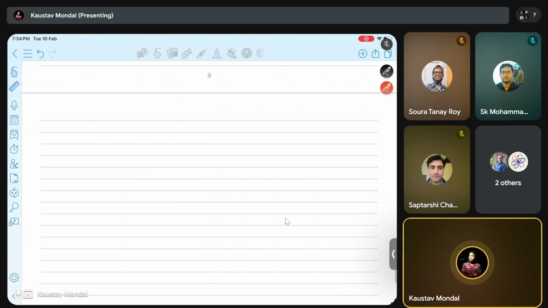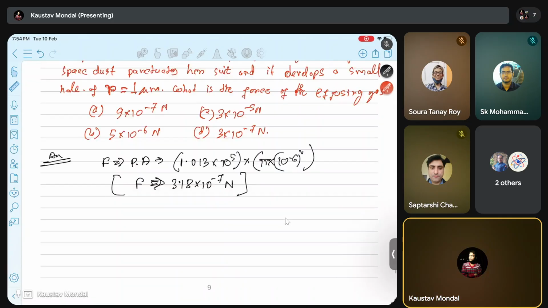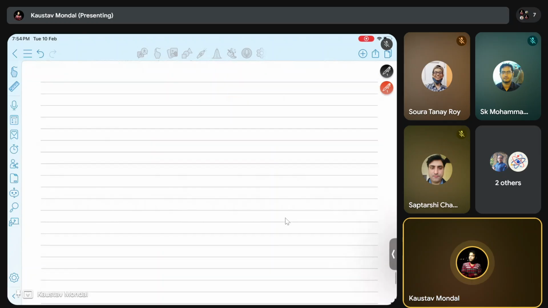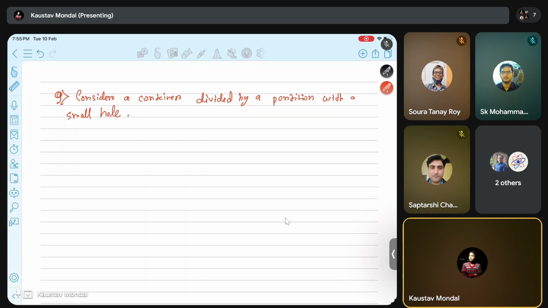Now the question number 9. So this is a very easy problem. So next is question number 9. Consider a container divided by a partition with a small hole of diameter d